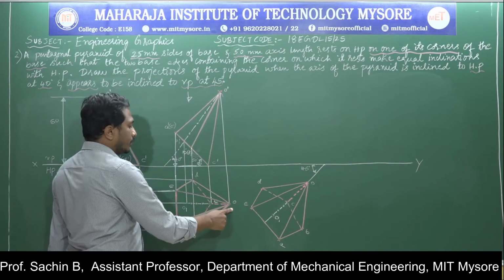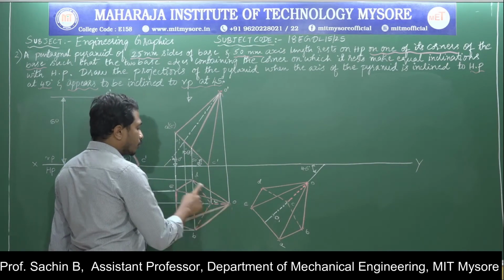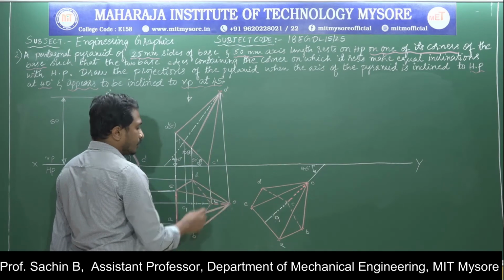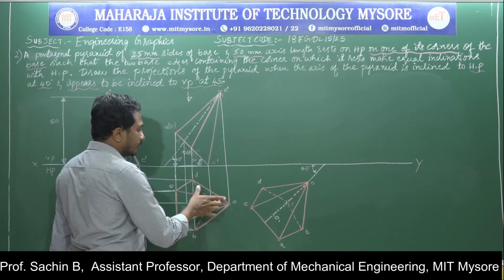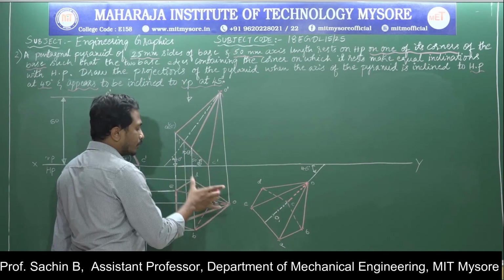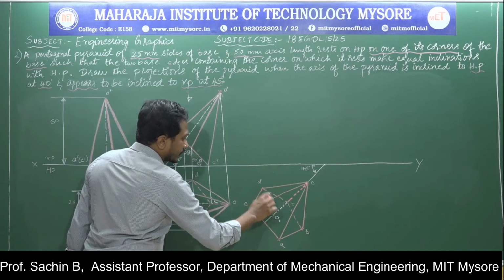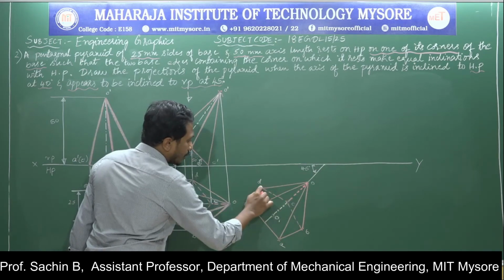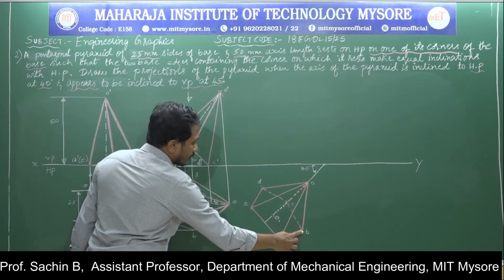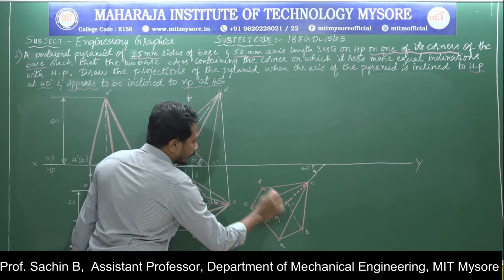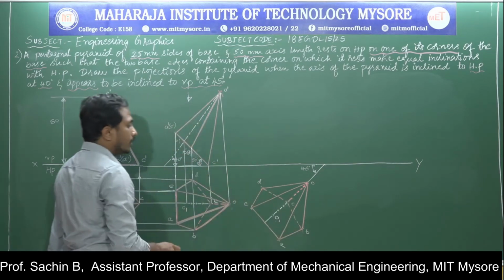Again I will come to O point. I will measure from O to D or from O to B. The length will remain the same. I am just taking from O to D point or from O to B point. From O point I am intersecting these two arcs, one arc towards this side, one arc to the downward direction. Now the D and B point is available for me.